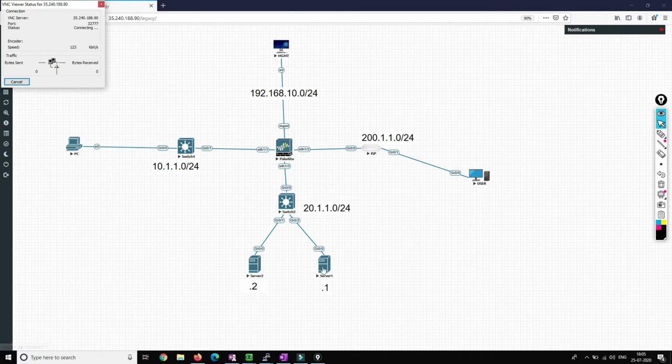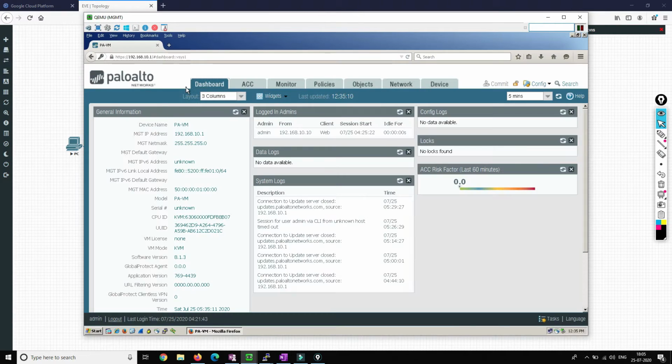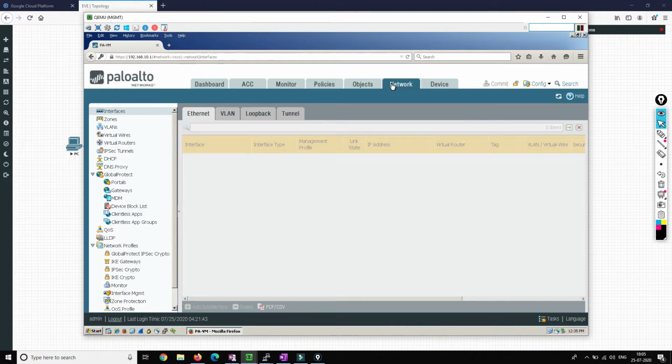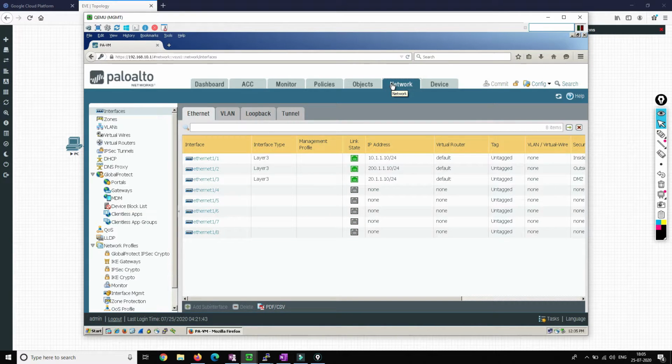First, I'll show you the network configuration so that you can understand it. All IPs of the Palo Alto firewall end with 10: 10.10.10.10.